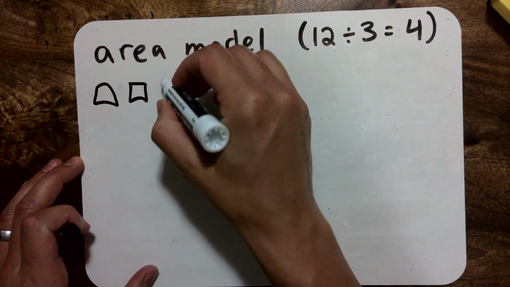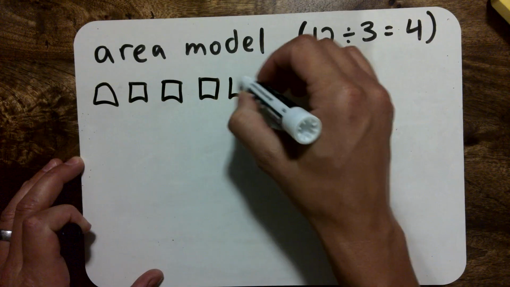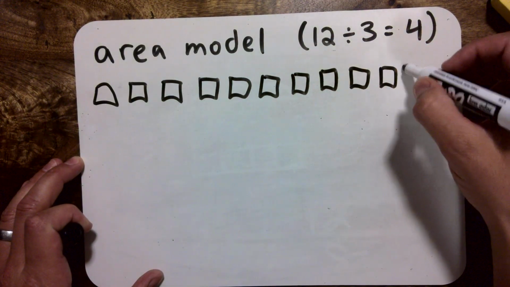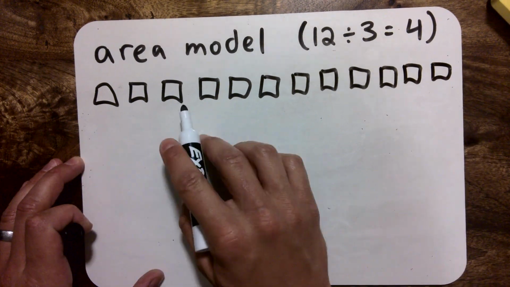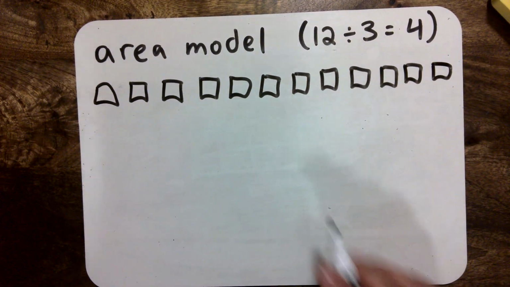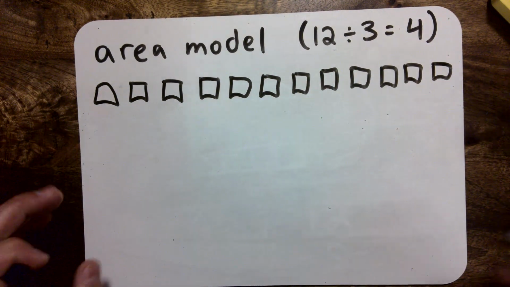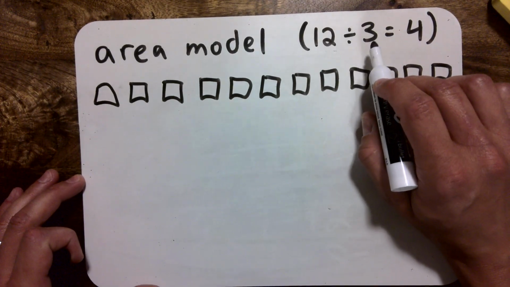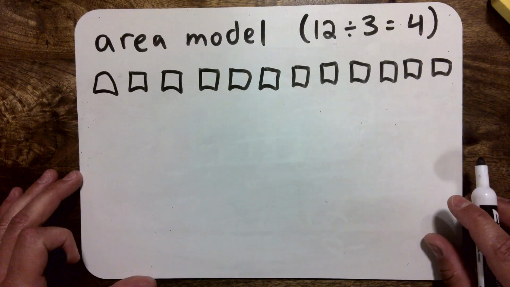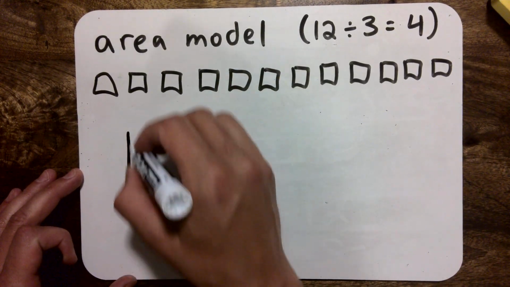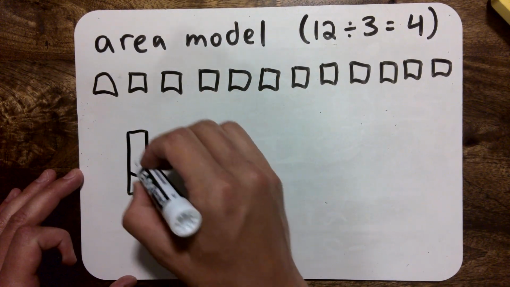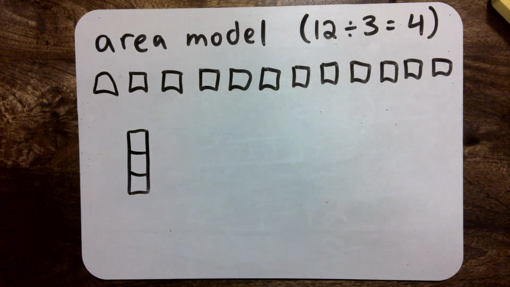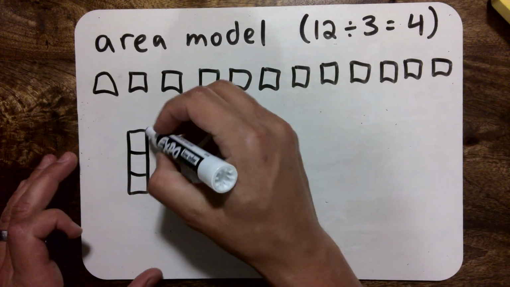For the representational model, I'll draw these real quick. Okay, so I have 12 square units, and I want to arrange this into an area model, and we want to have 3 groups, and again, I'm just going to do rows as the groups. Okay, so again, it's going to follow the exact same process, but we just don't have the cubes, the physical pieces to slide around. Have that concrete tool. So we'll just have to